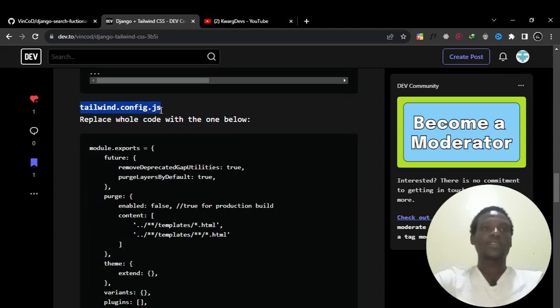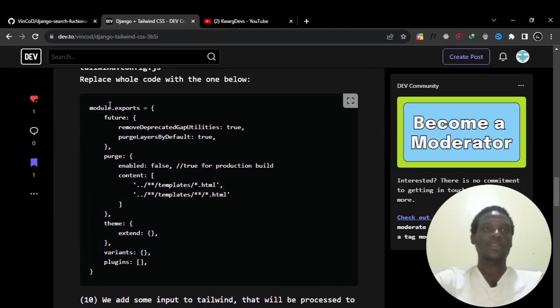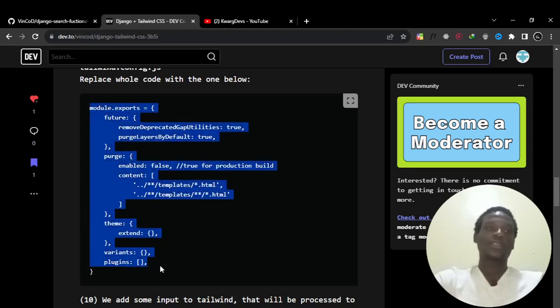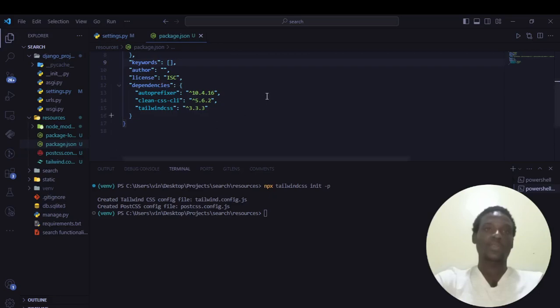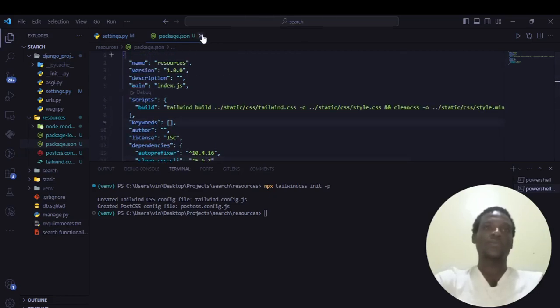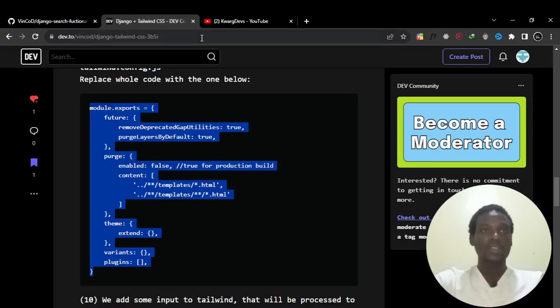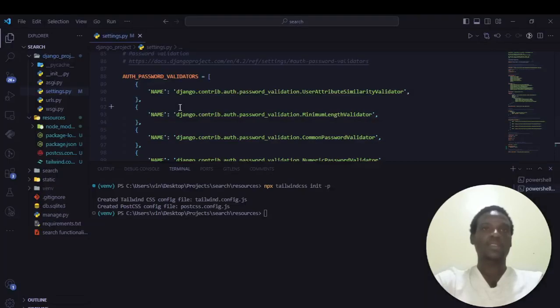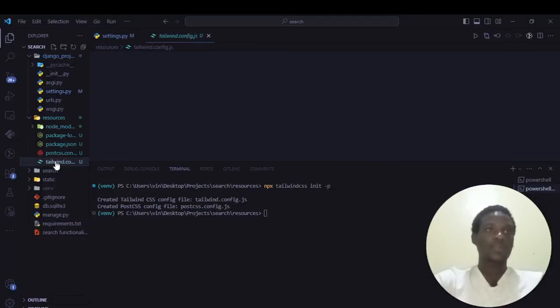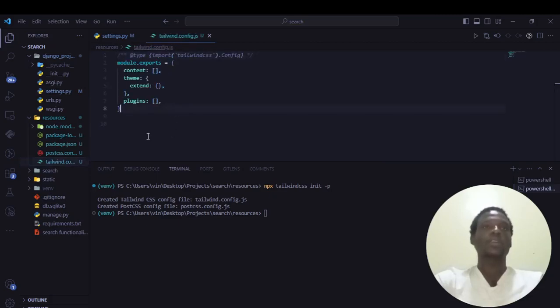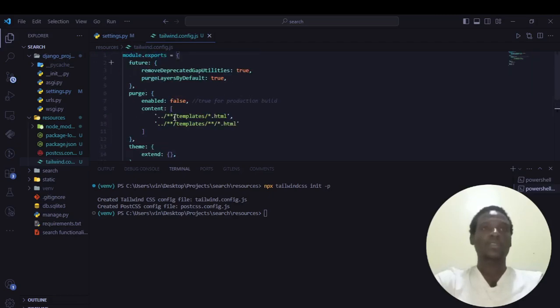inside the tailwind.config.js, replace the old code with this one. The explanations are in the Tailwind CSS tutorial, so I don't want this tutorial to be very long. So go to tailwind.config.js, then replace this code with the code we just copied. So this means that it will go,